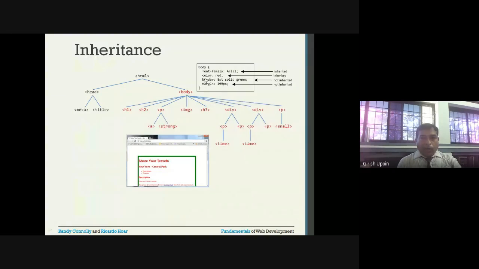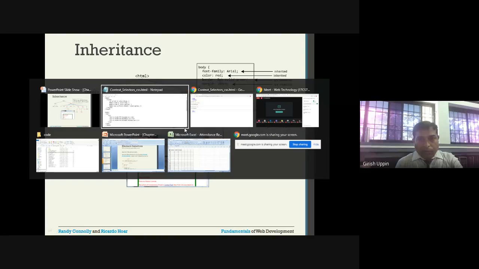And if you see here, for the body we have defined the style. And what is the style we have defined? Font family Arial. So when you say Arial, this body consists of so many children, grandchildren and great grandchildren. Whatever font family is selected, Arial, it is inherited by all these elements. And second, color is inherited by all these elements. And border and margin are not inherited. You'll see the code for this.